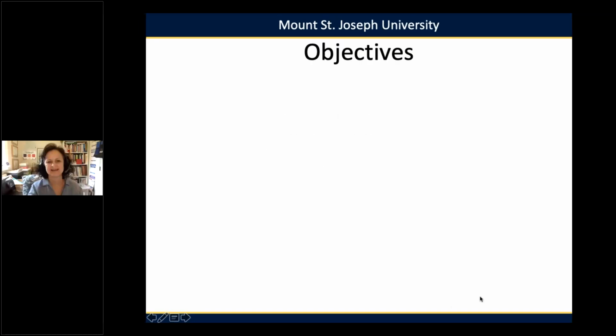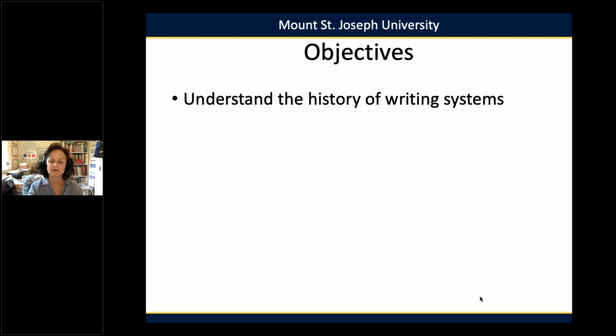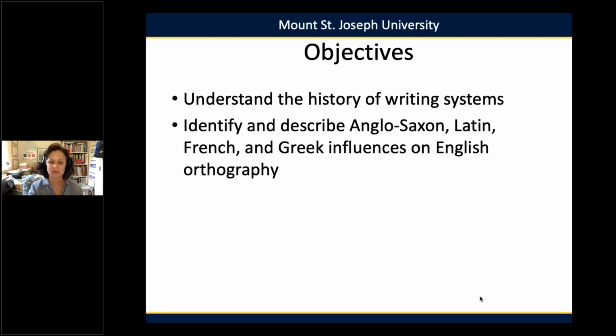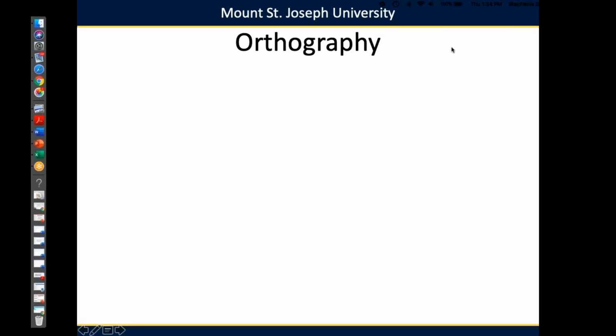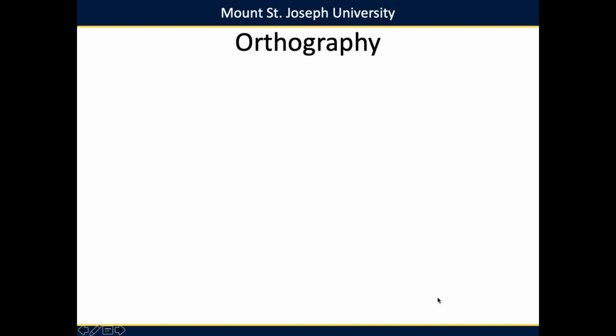Now we'll turn to a second aspect of language that underlies skilled reading. We'll start with an introduction to orthography, and we will consider the word origin as a place to start. Orthography refers to a written language system. When students know about the patterns and rules that govern the English orthography, they will be more effective readers and spellers.